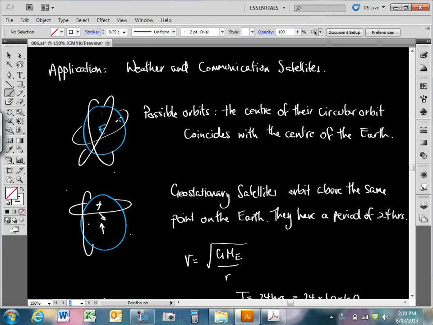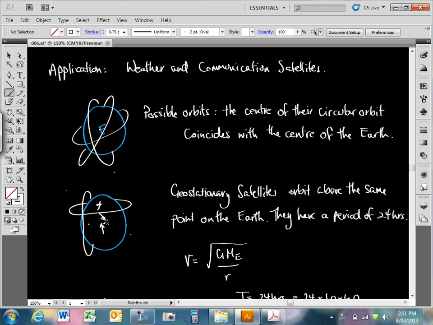And so the idea of these possible orbits is that the center of these circular orbits, if you think of them like a disk, imagine a frisbee disc or a blade cutting right through the Earth. The center of that disk is somewhere around here, isn't it? Around in the center there. Same with this disk here, exactly around that center. The center of these disks is about here. For this disk the center is there, and the center of this disk is there, not the center of the Earth.